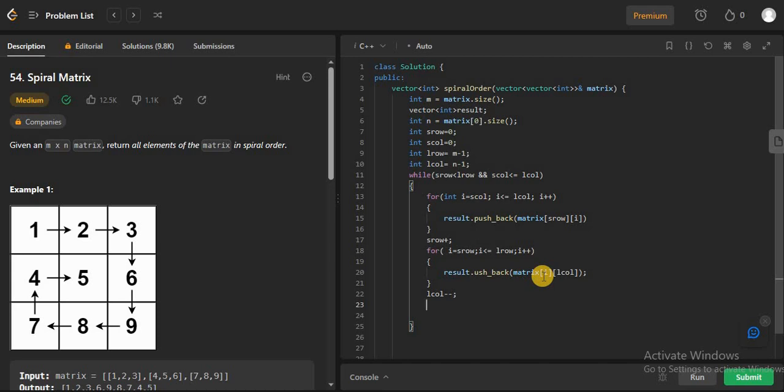So now we have completed this. Now we have iterated from here to here, and now we will check if the value of the starting row is less than or equal to last row, finding out the left row and the columns. So we will write an if condition: if starting row is less than or equal to last row, if this condition meets,